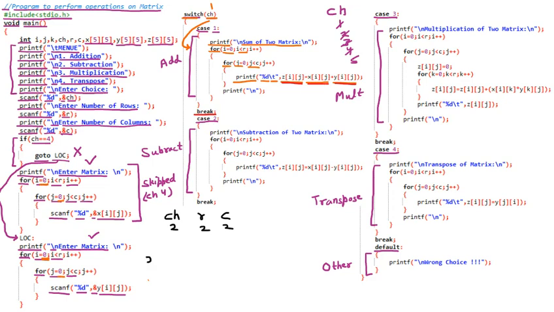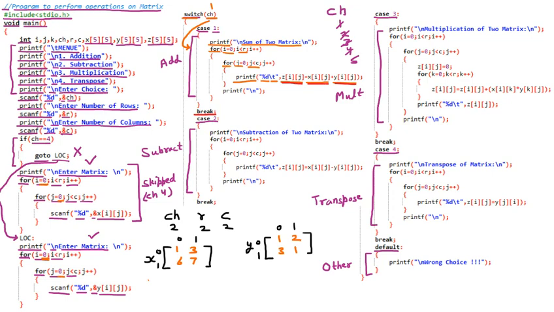So let us suppose the matrix X is there. Again the matrix X is having 2, 0 and 1 column, 0 and 1 rows. Similarly we are having one more matrix Y. But first of all, we are going to take the values of matrix X. Suppose the values are 1, 3, 6, 7. Now we are taking one more matrix, let us suppose Y, and in this matrix we are again having 2 cross 2 means 0, 1 column, 0, 1 rows, and supposingly the values are 1, 2, 3, 1. So these are the values.